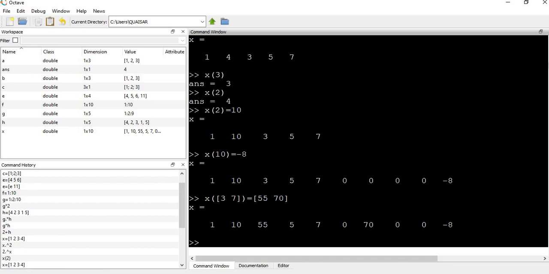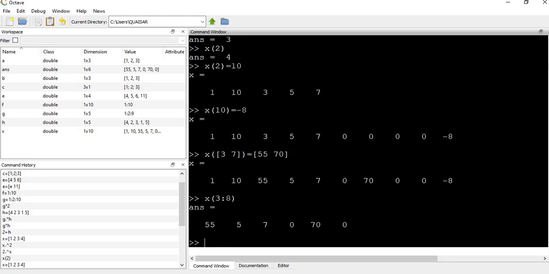And if you want to know the values between index 3 to 8, you can write X bracket 3:8. So it will give the values between 3 and 8, including 3 and 8. So these values are the index 3 to 8 values.